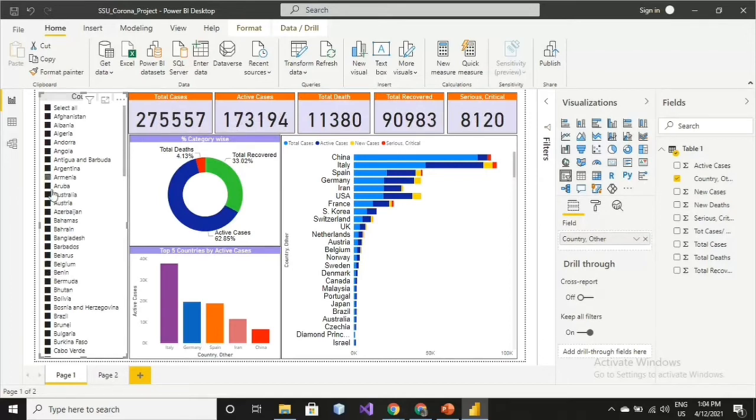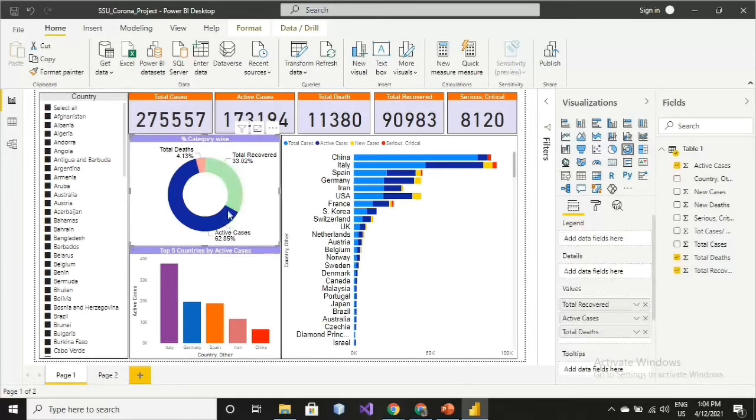Below that we have a donut chart. In the donut chart, the total deaths, total recovered, and active cases are being displayed, and they have been differentiated by different colors. And besides that, we have used a bar chart. In that we can see total cases, active cases, new cases, and serious, critical.